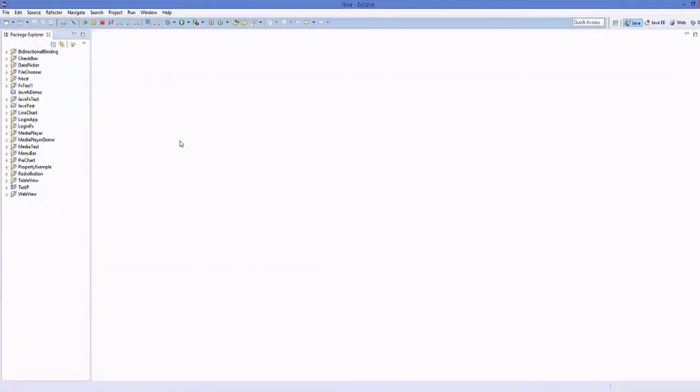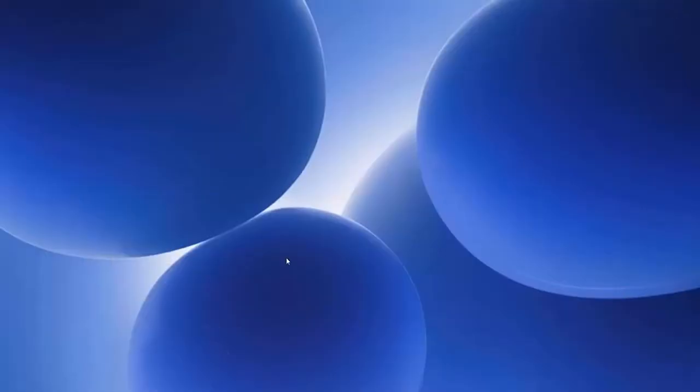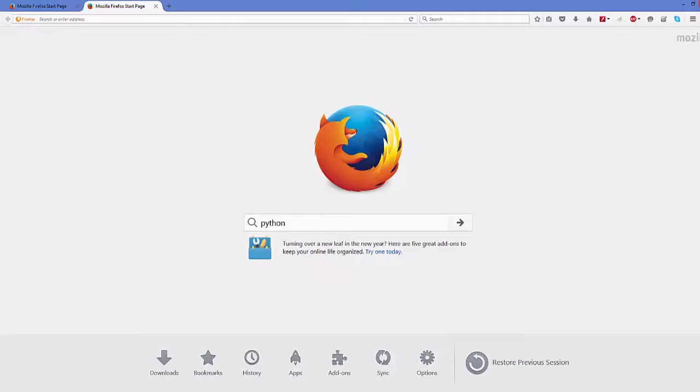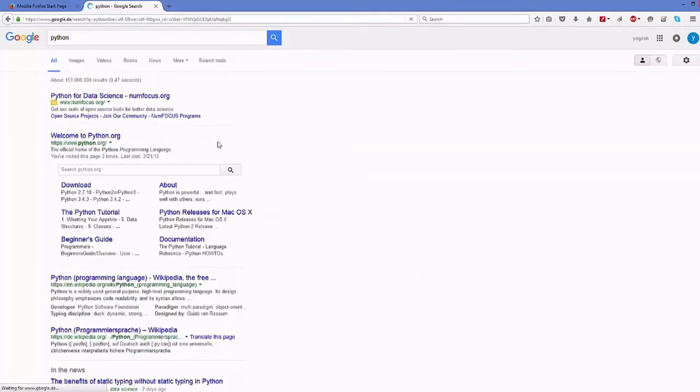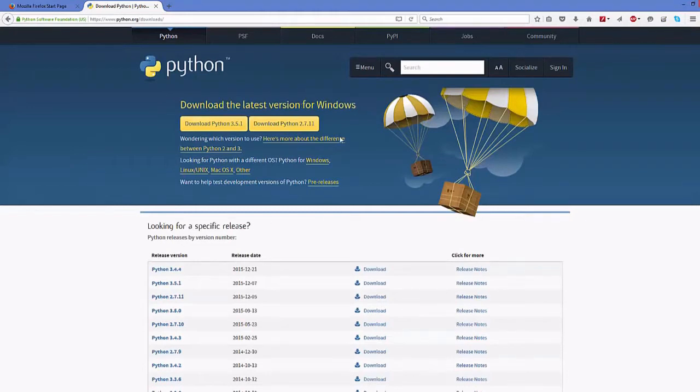Hopefully you have downloaded and installed Eclipse IDE. I'm not going to show you how you can download and install Eclipse IDE, but I'm going to show you how you can download and install Python first. So open your favorite browser and search for Python, and then go to the first link, which will be www.python.org. You can directly click this download button from here, and it will redirect you to the downloads page of